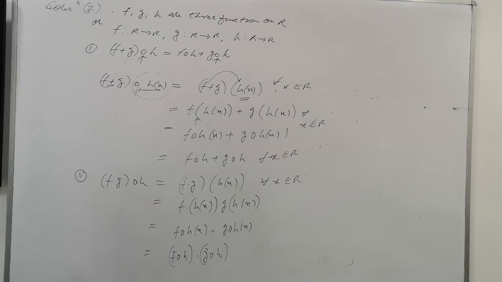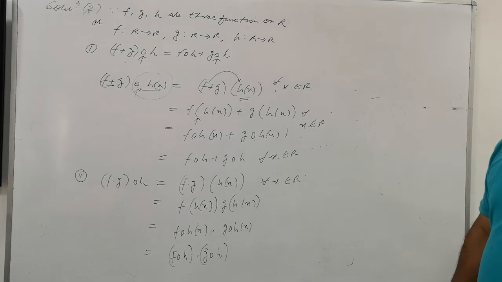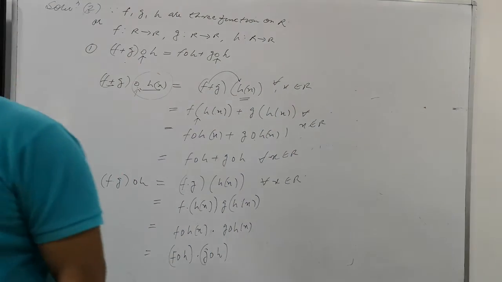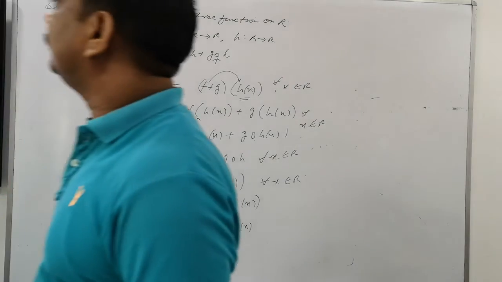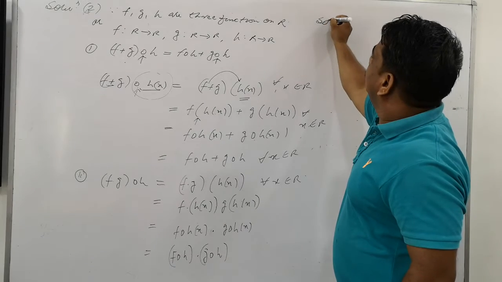Is that clear? Now question number 3 also you have done. See the question number 3 of the NCERT textbook. What is the third question saying? f of x is equal to mod of x, and g of x is equal to mod of 5x minus 2. I think you would have done this. You want to know this question by me? No? See the question number 2 of the same. Now look at question number 4 also. Question number 4, I'm talking about. Want to know? Look here. What is the solution of number 4?